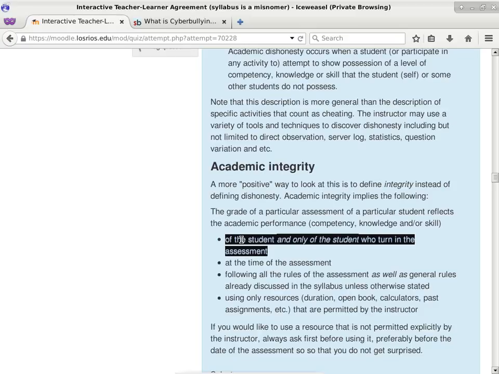Now, how do I know whether it's reflecting the academic performance of that particular person? I'm looking for consistency. I'm looking at the score of homework assignments, and then the score of the tests. If there's a big discrepancy, that means I need to look into it. When I look into it, sometimes I will spot actual hard evidence of, hey, how come these two programs are identical or close to identical, or I can actually see the artificial editing that is introduced to make the programs